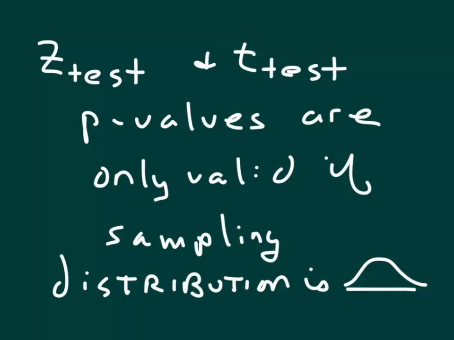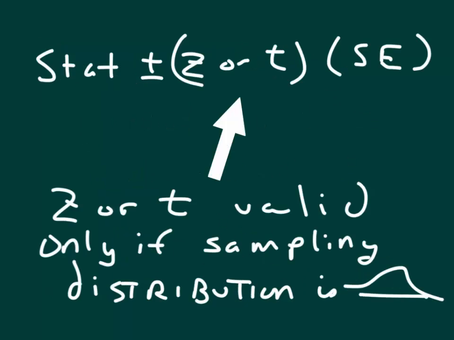So the z-test and the t-test, all those p-values are only valid because we have the central limit theorem and we're going to have a sampling distribution in this shape. So if it asks you the connection between hypothesis testing and the central limit theorem, it's the p-values. They're only valid if we've met those conditions. And for the confidence interval, the connection to the central limit theorem is that we're using these z and t values, and those are valid only if you have met those conditions for the sampling distribution. Okay, that's